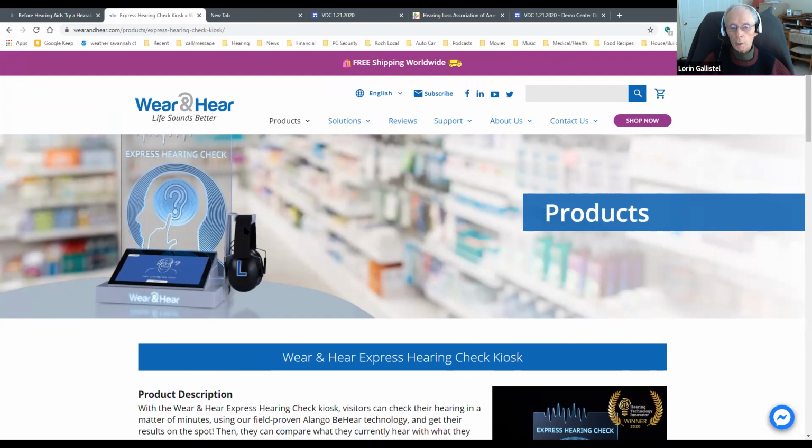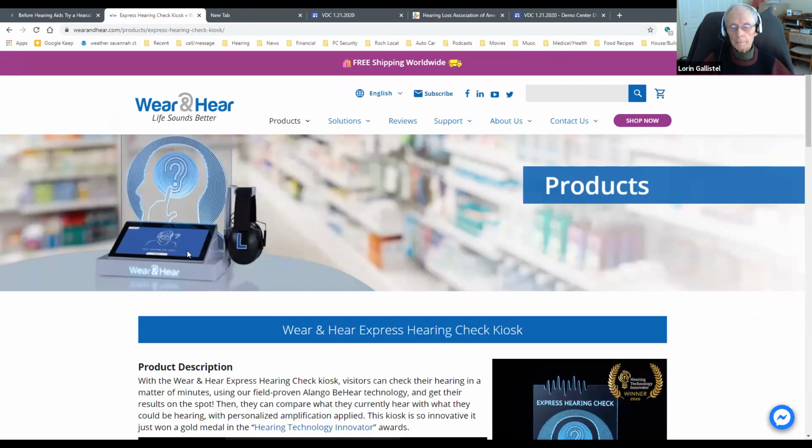It allows people to walk up to it and independently take a test. They pick up the headphones and they touch the screen to start. It explains to them that tones will be played in their left ear and then in their right ear to determine the hearing threshold and the comfortable hearing level. And where this differs from just a simple hearing test is that after they finish that test, the device will play back audio to them